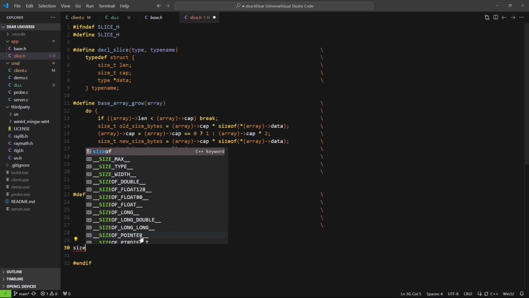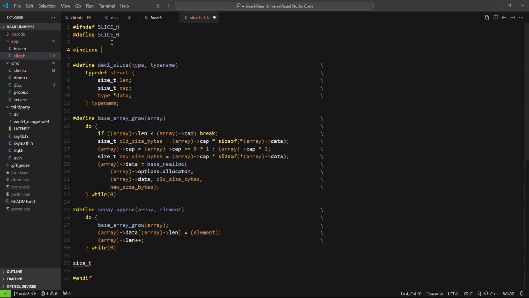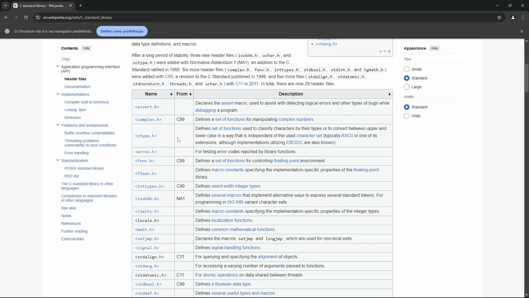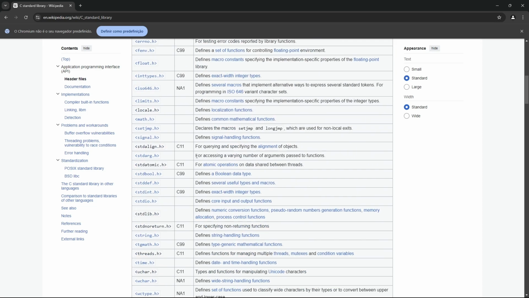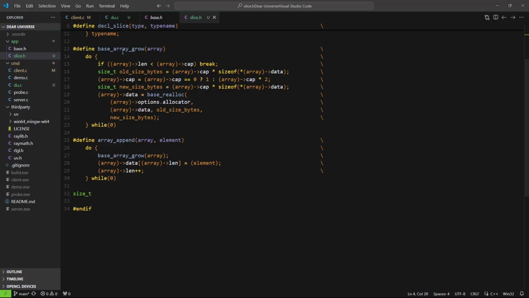So let's say we have size_t. Since we have size_t, I need stddef, right? Stddef is from C99, I think, but I need to check that. Well, let me quickly check that. I'm going to suppose this is from the very beginning. Yeah, stddef basically exists from the very beginning. So we can just use size_t here, and then we can say something like